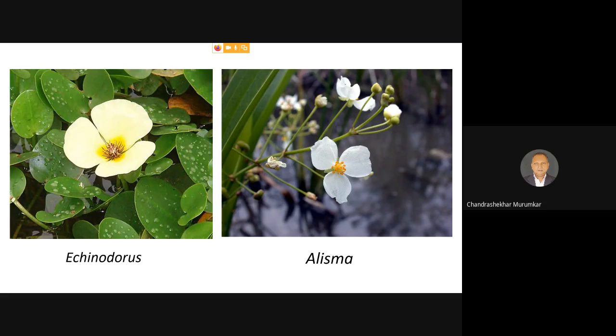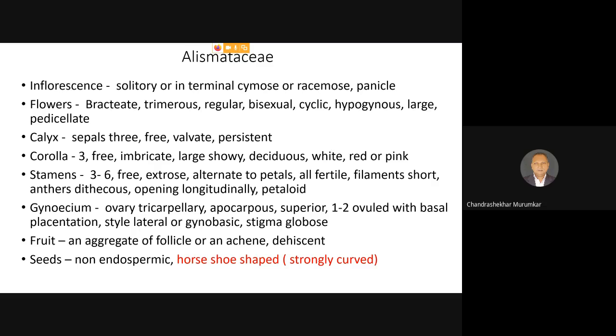Now this is another plant which is present around us. Particularly this plant is very rich in Konkan, the left side plant, that is Echinodorus. Echinodorus is very common in Konkan as well as in the peninsula of India, and it is present in a free floating form in freshwater ponds. And then the typical genus with which the family name has been derived: you can see the racemose inflorescence, and you can see a typical flower with the bract at the base, and then it is showing the calyx and corolla. So this is a typical Alisma. So Sagittaria, Echinodorus, Alisma are the common genera of this family.